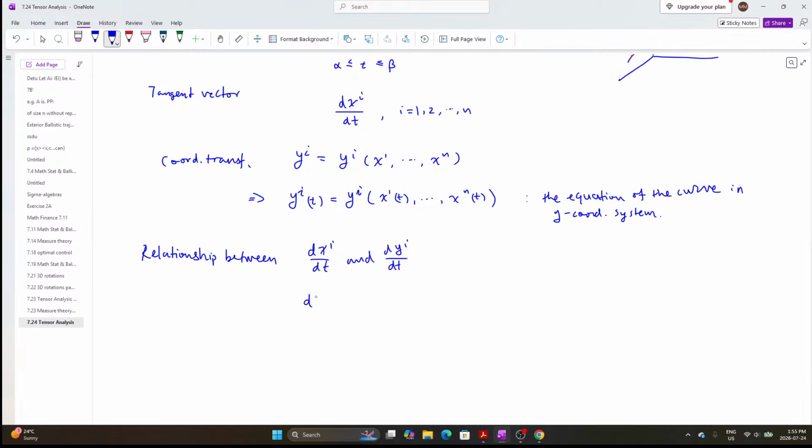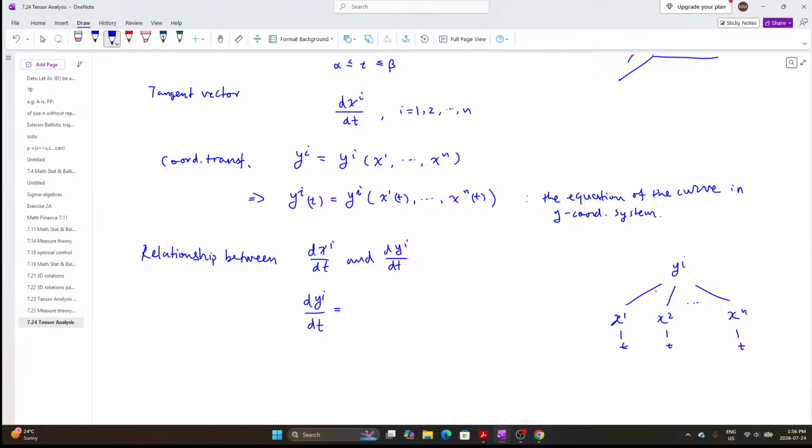So dy^i over dt, using the chain rule. Just in case we're clear what we're doing, you usually draw this sort of dependency diagram in multivariable calculus a lot. So y^i is a function of x^1, x^2, all the way to x^n. And each x^i is, of course, a function of t. So the chain rule